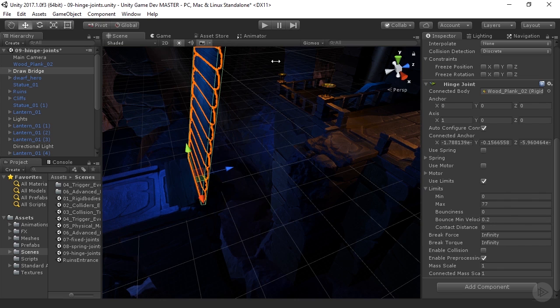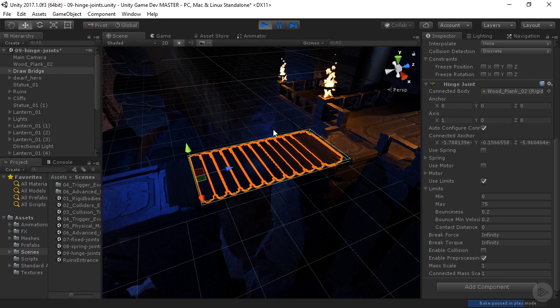Now another thing that we can do, I'm going to go ahead and set this to 75, is we can set up a value for bounciness. So let's say that I wanted this drawbridge to drop down and then bounce a little bit, as it should, I think. Let's go ahead and set this to maybe a value of 0.2. Setting it to a value of 1 will create a lot of bounciness, and that's not necessarily something that I would like to see. So I'm going to go to my scene view, and you'll see that that does bounce